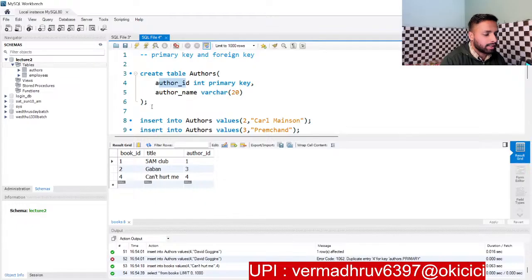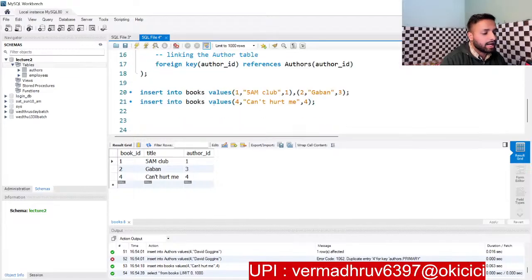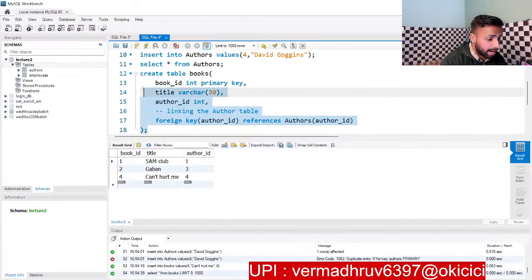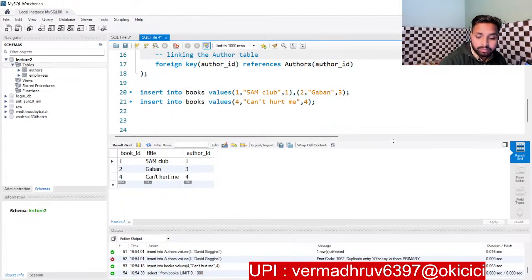ऑथर टेबल आपका पेरेंट टेबल हो गया, और ऑथर आईडी यहाँ पर आपका क्या है? प्राइमरी की है, बिकॉज ये यूनिकली आइडेंटिफाई कर रहा है हर एक रिकॉर्ड को। यहाँ पर यू आर हैविंग दिस टेबल, सो आई होप इट इज मेकिंग सेंस कि प्राइमरी की एंड फॉरेन की क्या होता है। अब सर इससे फायदा क्या होगा? इससे फायदा बॉस ये होगा, लेट्स से इफ यू वांट टू ड्रॉप द रिकॉर्ड ऑफ ऑथर,